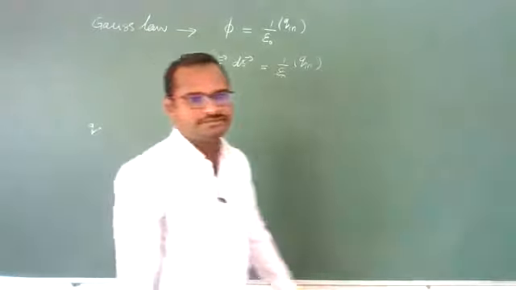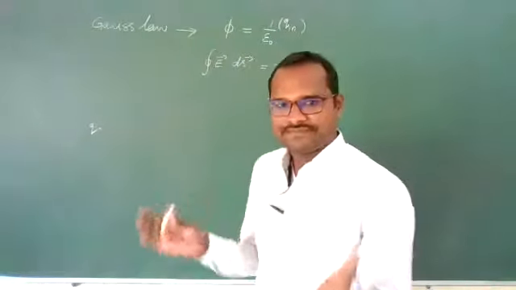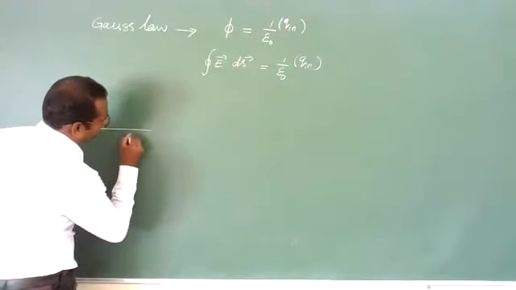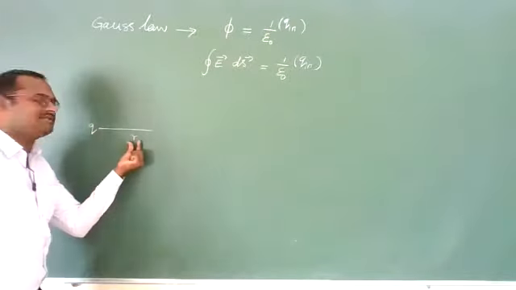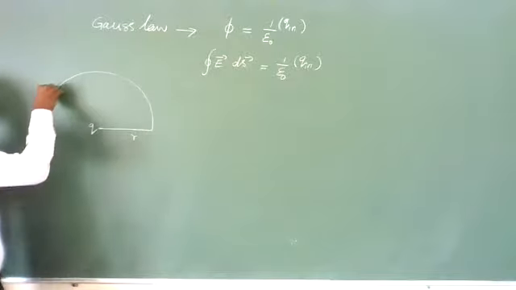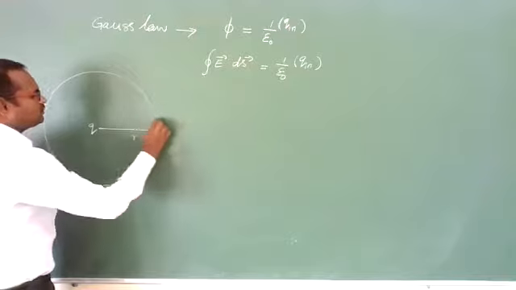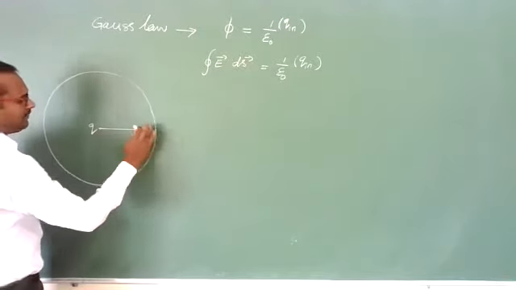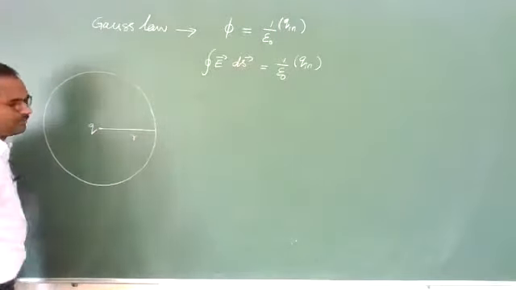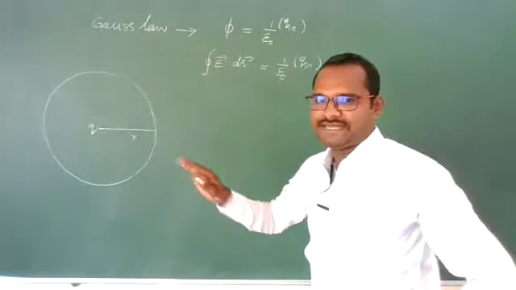Now, around this point charge Q, let us draw one Gaussian surface at a particular distance of r. By considering this distance as r, let us draw one Gaussian surface. I am drawing a spherical Gaussian surface. So choosing the Gaussian surface depends upon you. How you will choose? That is the important point. Clear, students? So let us imagine this spherical surface is a Gaussian surface.